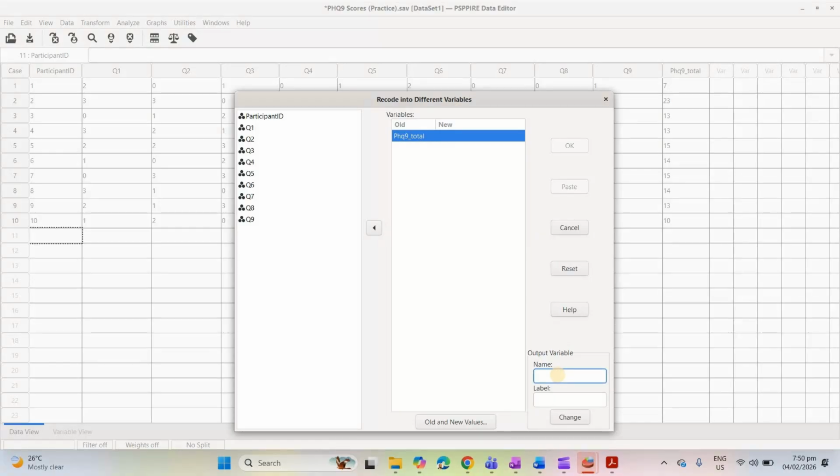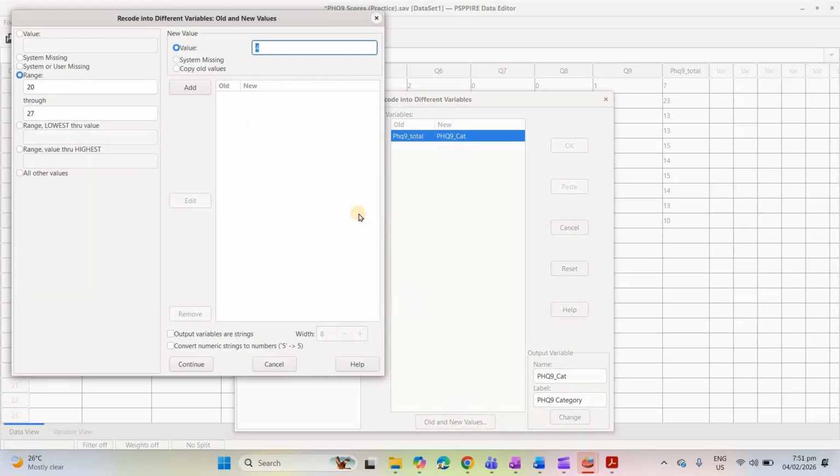The new variable that we want will be PHQ9 underscore cat for category. Just to label it here, PHQ9 category. Okay, I'll just click change, so you've seen it here,